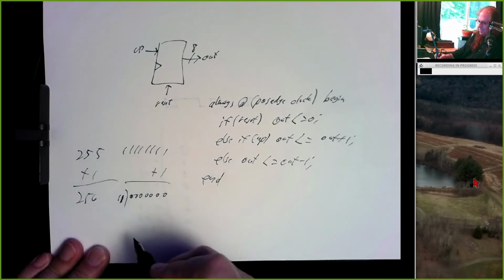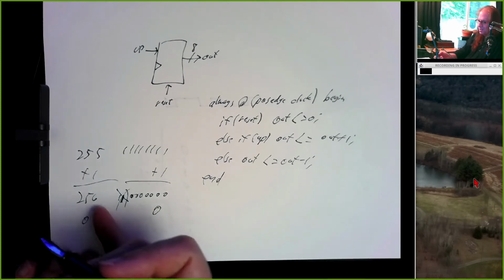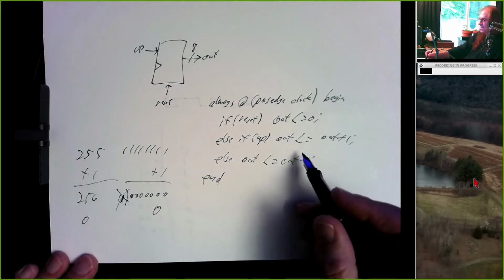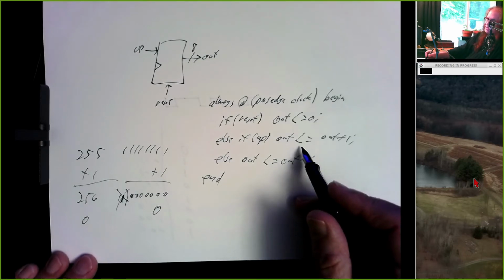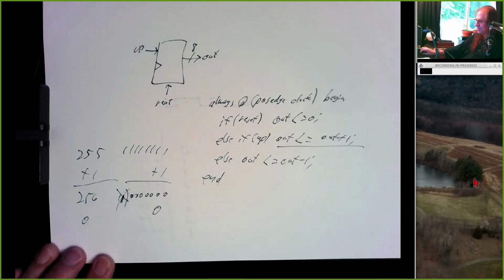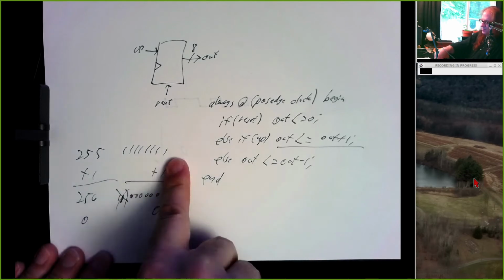But since it's an 8-bit register, this carry doesn't go anywhere. This ends up just being 0. And as an 8-bit number, 256 is the same as 0. So we don't need to say if out is equal to 255, set out to 0. This will happen automatically. And similarly, if out is equal to 0 and we subtract 1, it will become 255,